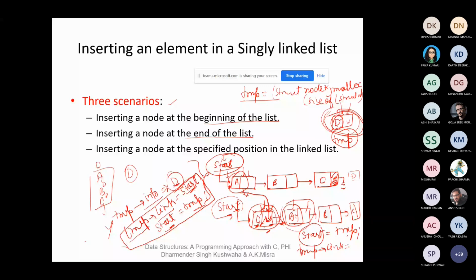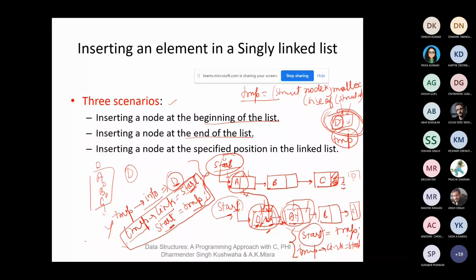If we do in this manner, what will happen? कि फर्स्टली हमने क्या किया, स्टार्ट पॉइंटर को हमने पॉइंट कर दिया फर्स्ट एलिमेंट that you have inserted, like D element. टेम्प जो हमने नया एलिमेंट नोड बनाया था, that will be connected by the start pointer. So what we are doing, start equal to temp, means temp address is pointing to the start.